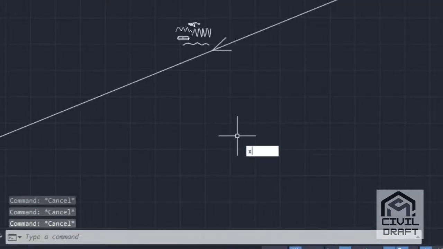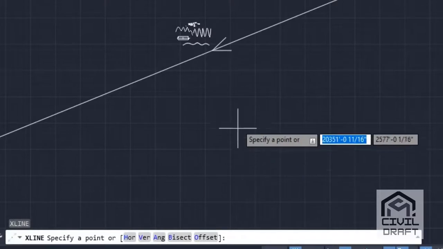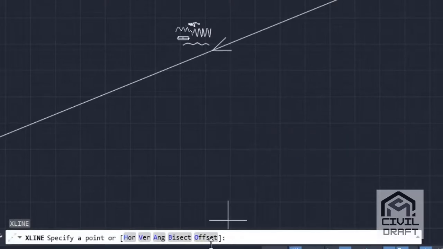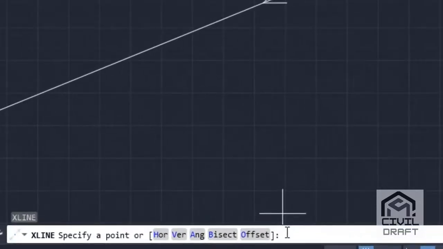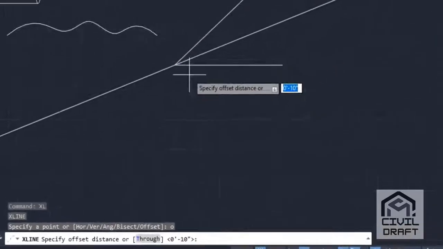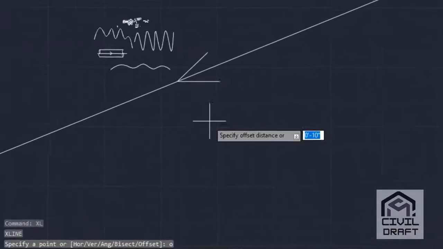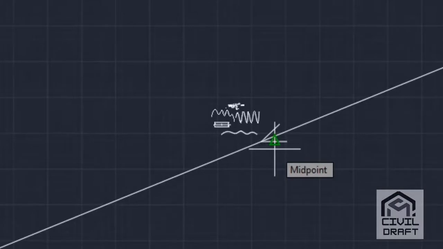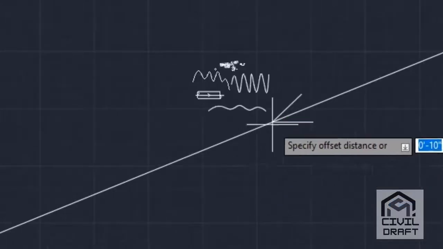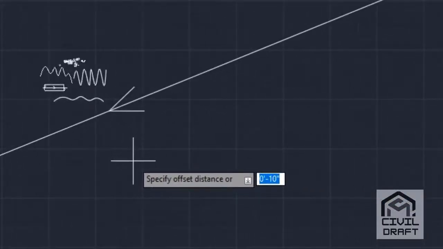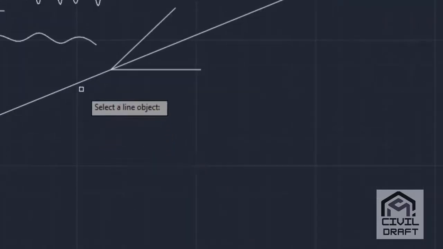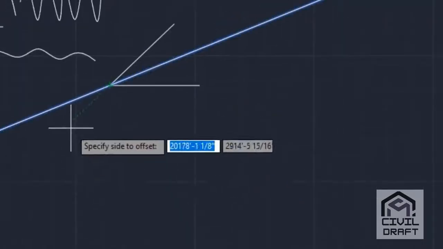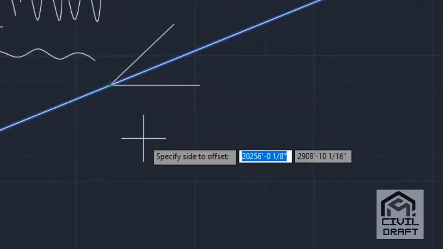Okay, again I'll go to construction line, XL, enter. For offset, O, enter. If I have to offset this construction line, then mention the offset distance. Here I'll mention 15, enter. Select this. Okay, click on the side where you have to offset it.